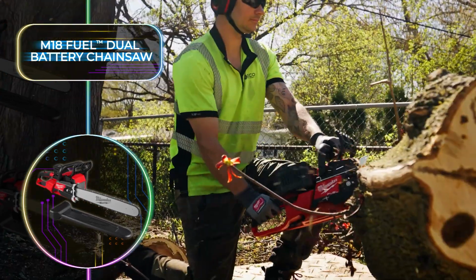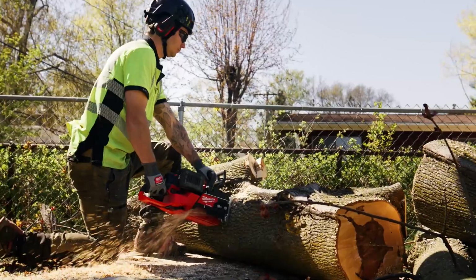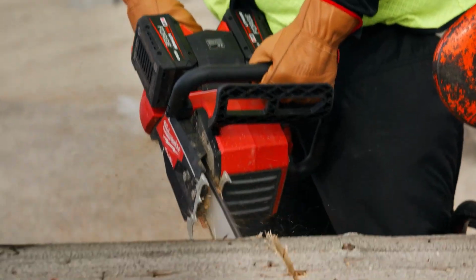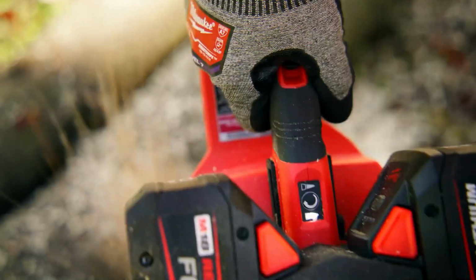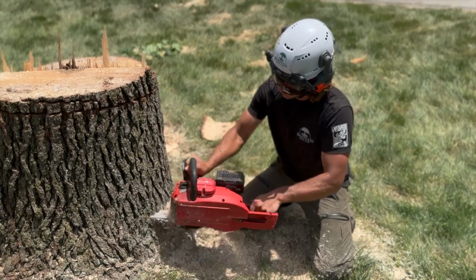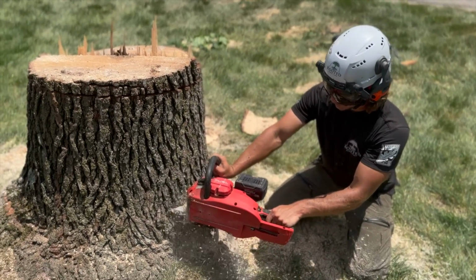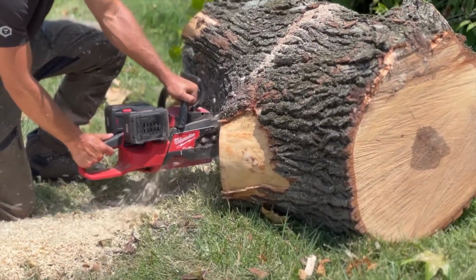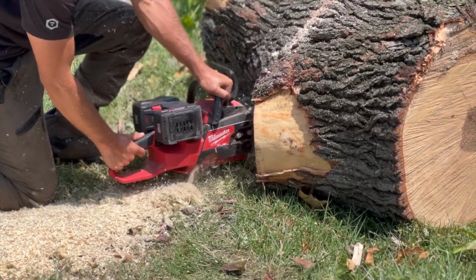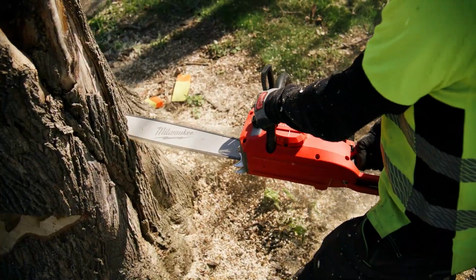The Power State brushless motor revs up in less than a second and keeps its speed steady, even under heavy loads, beating out both gas and high voltage models. There is also the standard power mode option that runs cooler for longer periods and offers more consistent performance. The RedLink Plus intelligent system feature helps it deliver up to 60 cuts per charge on 10-inch or 25-centimeter hardwood,